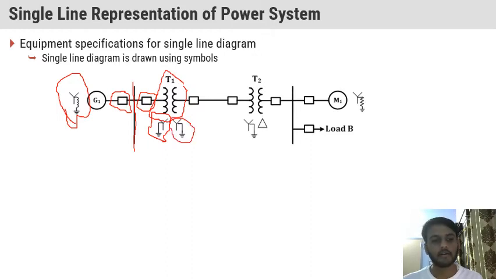And what is the difference between these two connections? In the generator connection, we have a star winding with the neutral grounded through a reactance. Why is this neutral point grounded using a reactance? It has a purpose. It is not just a good design, so it is done like that.